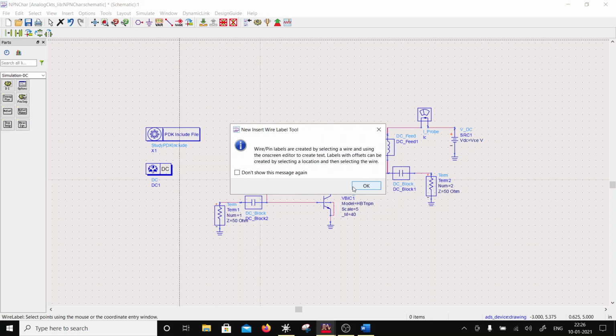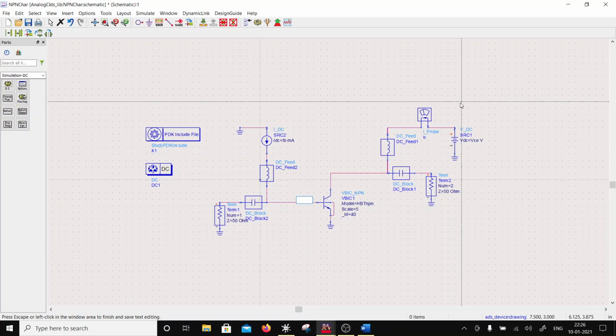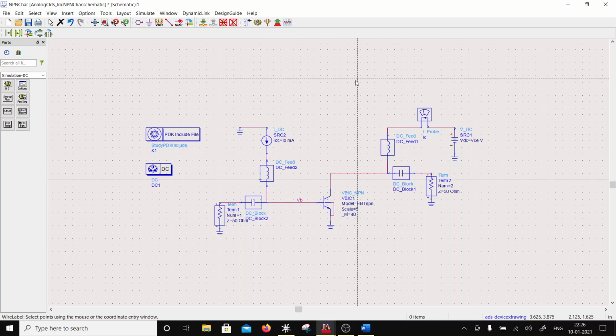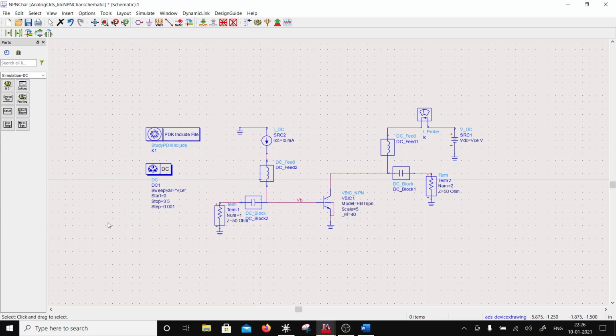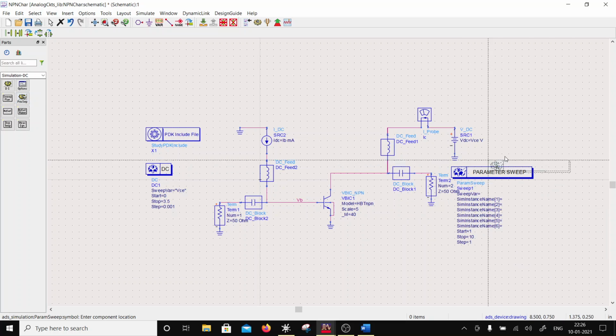So I'm also going to observe VB here. Okay, so here I'm sweeping that, so let's display this. And then I'm going to have a parameter sweep. Here I'm going to sweep IB,